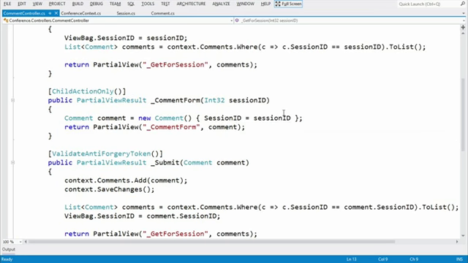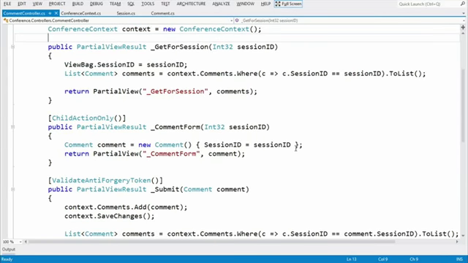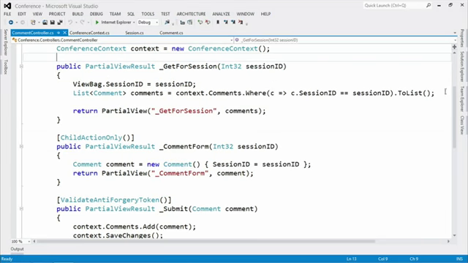So three moving parts here. Number one is to get the list of all comments for a session. That's that first part. The second part is to create the little form that you're going to submit. And then finally, the third part is to actually accept the brand new comment. So there's our three little actions. The last part